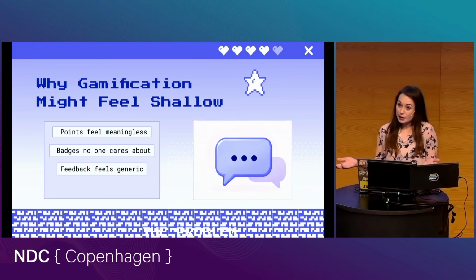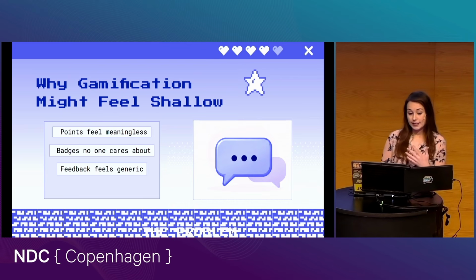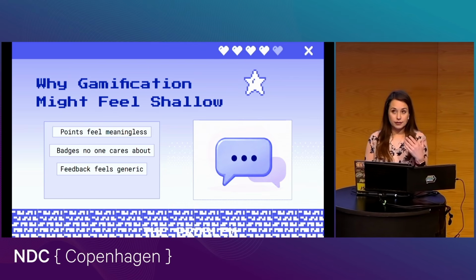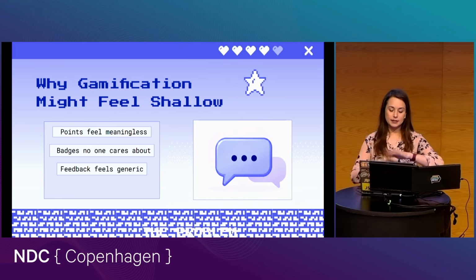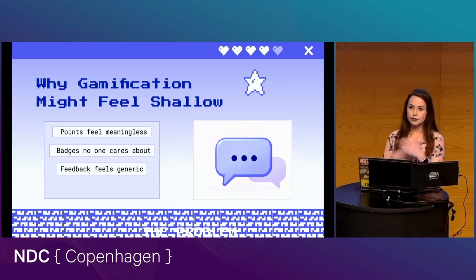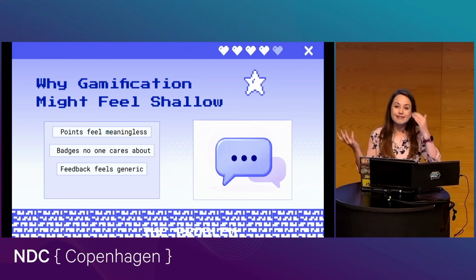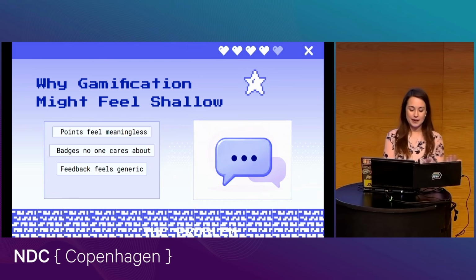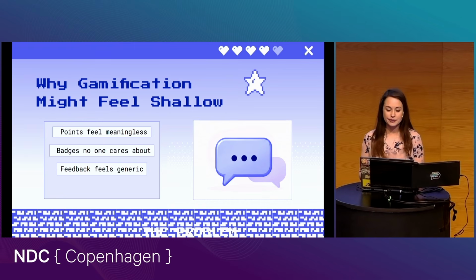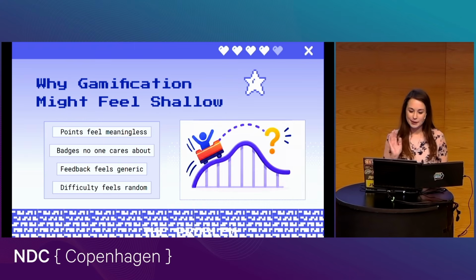Or maybe feedback is a little bit too generic, right? We'll see some dynamic difficulty in a bit, but let's say you miss a question, you struggle through a round, and the app still gives you exactly the same kind of feedback as if you had been doing really well, right? So there's really no personalization there in that example.